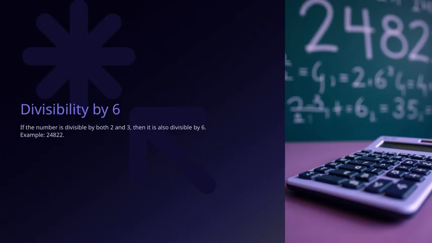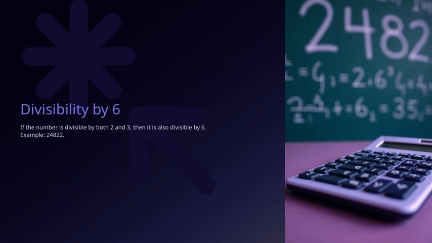The key idea here is that if a number is divisible by both 2 and 3, then it must also be divisible by 6. This is an important concept because it simplifies checking for divisibility by 6. Rather than testing the number directly, we can just verify these two conditions. For example, let's look at the number 24,822. We can check if it's divisible by 2 by looking at the last digit, which is 2, so yes,